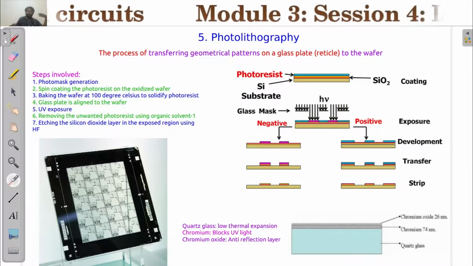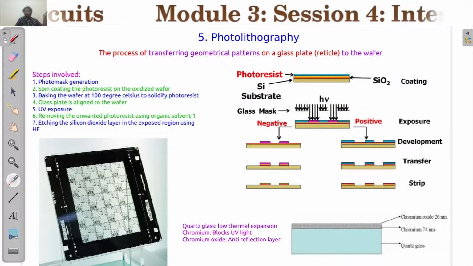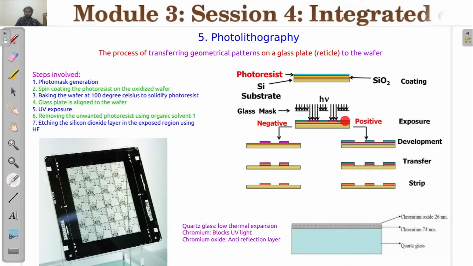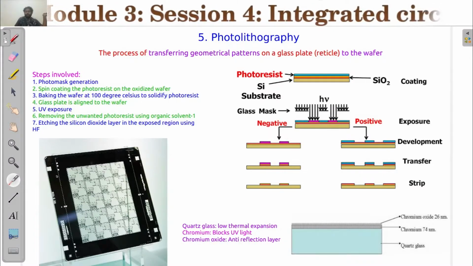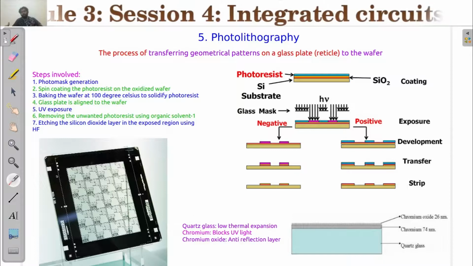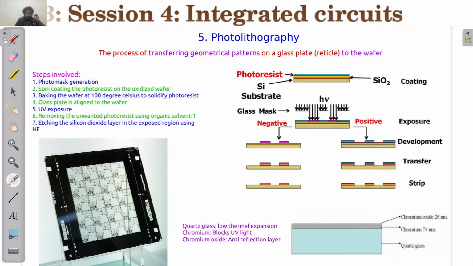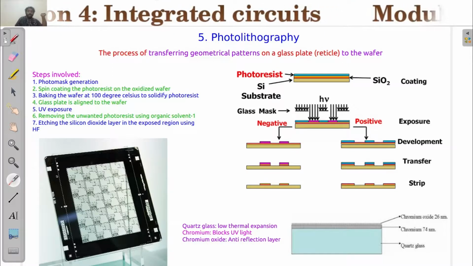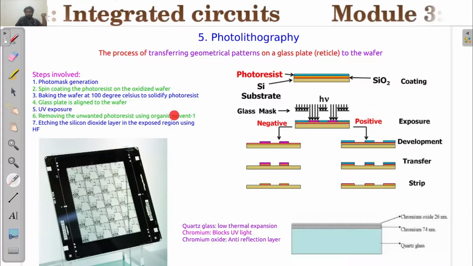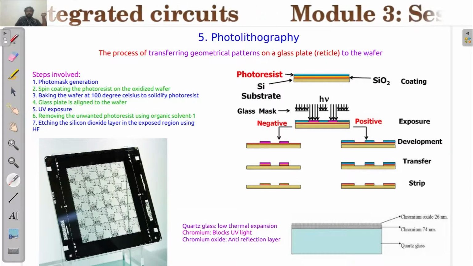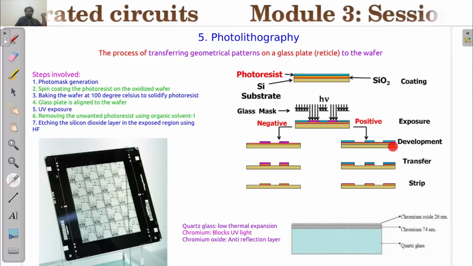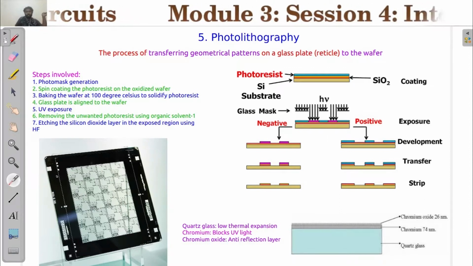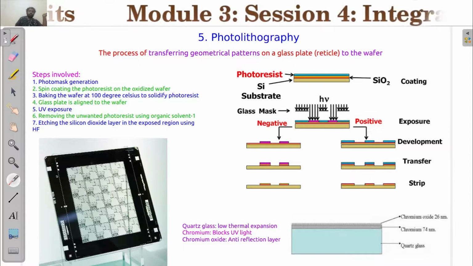Then the fifth step is UV exposure and removing the unwanted photoresist using an organic solvent. So we can remove the unwanted or unreacted photoresist. As you all know, the photoresist will be subjected to a photochemical reaction, and wherever there is no photochemical reaction, that will remain as unreacted material, and that unreacted material can be removed using an organic solvent. So after having all this, you get this kind of a configuration, and you can remove silicon dioxide. Everything is like this, what we have discussed just now.